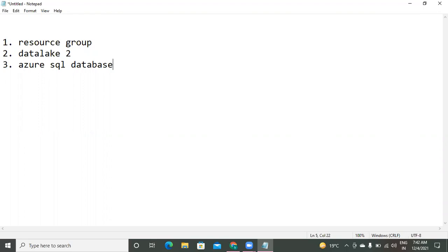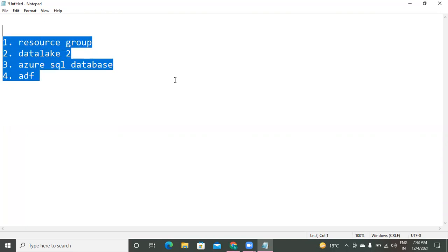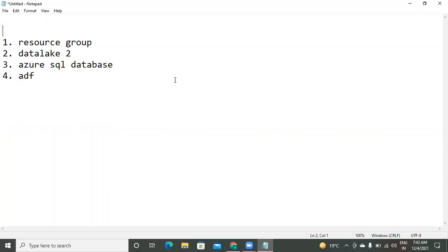While creating that linked service, I will show you how to configure that firewall group. And after that, we created an ADF instance. So these are the three things we have done yesterday.